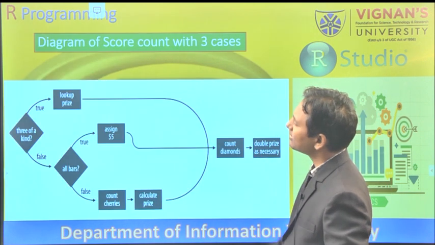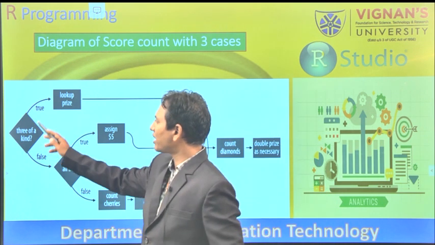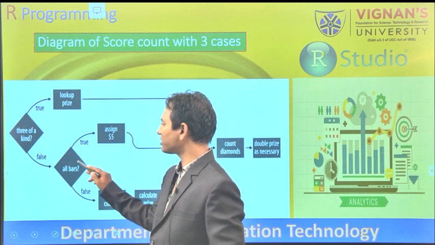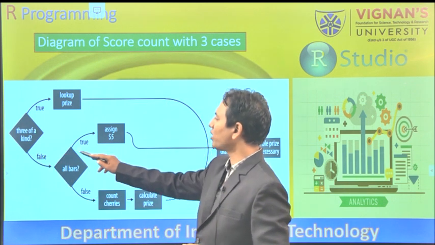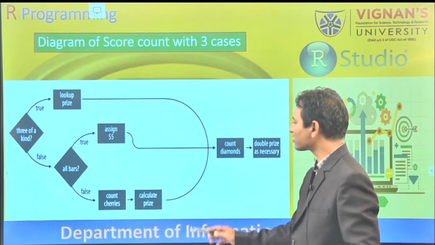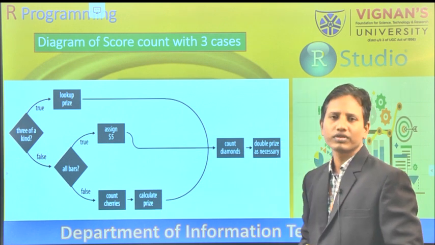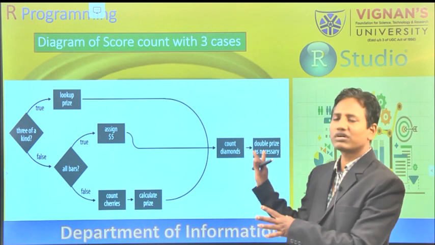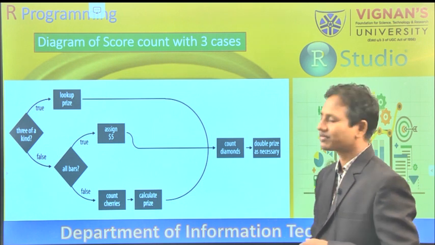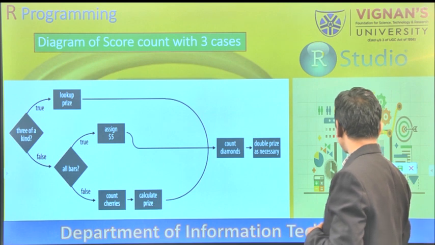So this is the entire diagram of how we are going to check this one. If this condition is true, I'll jump to this path. If the condition is false, I'll jump to this condition. I'll check here. If the condition is true, I'll go to this path. Yes, I'll come to this path, and finally I'll do this task, and ultimately I'm going to get this amount. So this is how the diagrams are going to be helpful to analyze the entire task. These are all things you are going to learn in the software engineering subject.